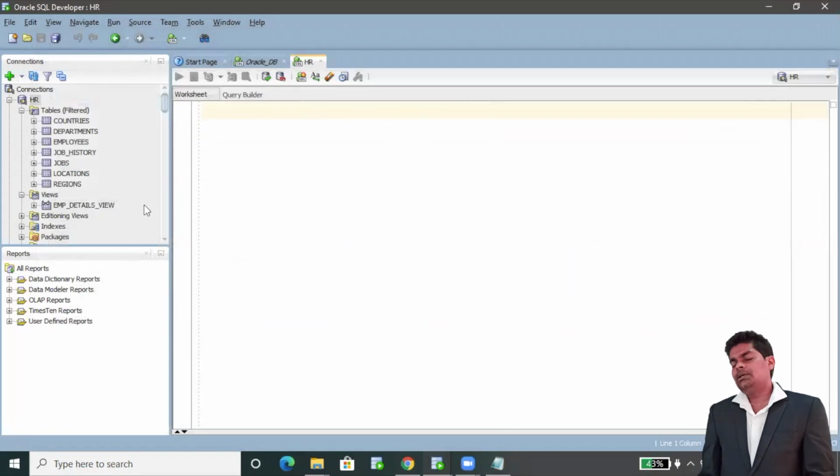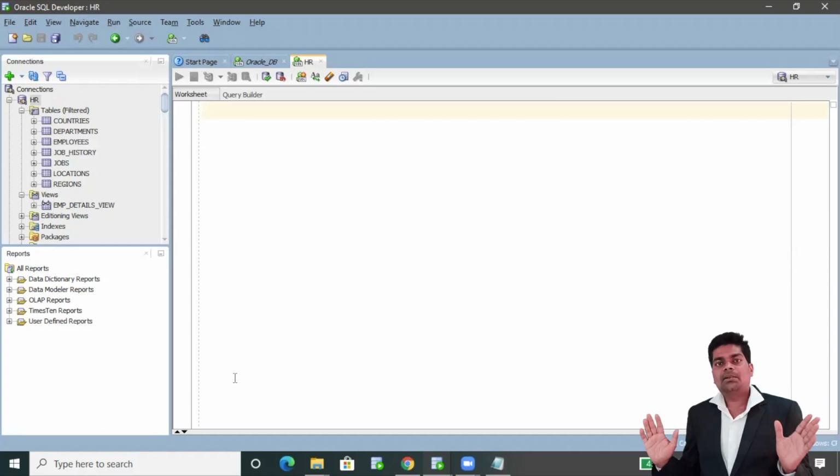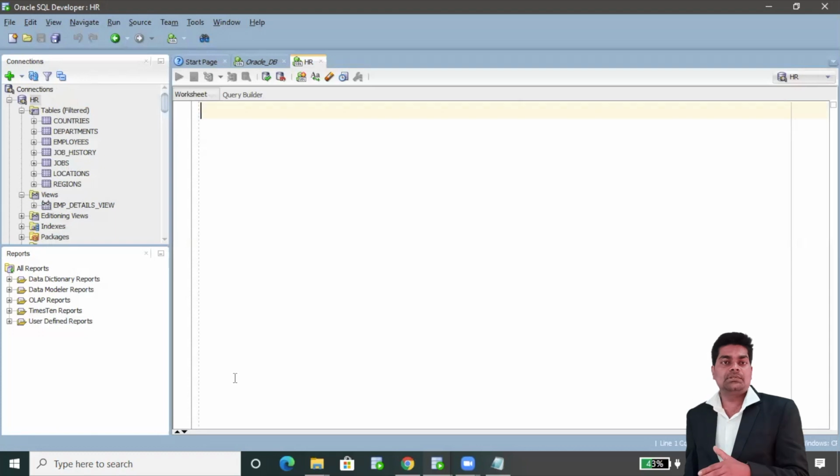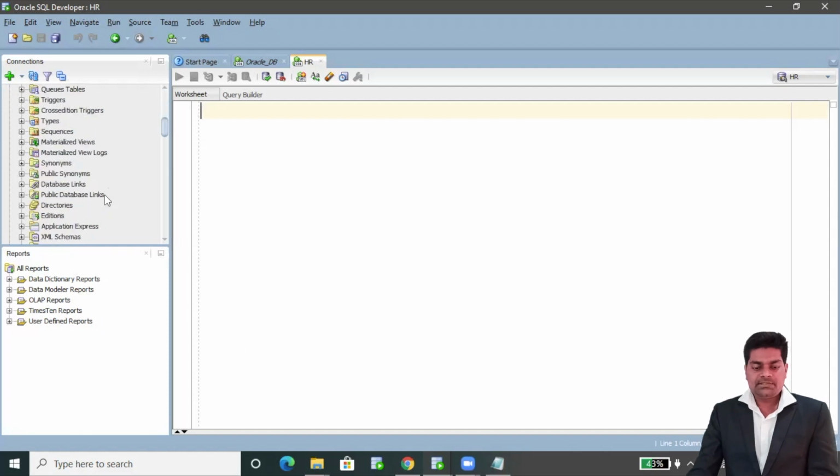So there's a database, and inside the database we have multiple user schemas. It's as simple as an apartment. Inside the apartment there are so many floors, and on each floor there are so many flats. Same thing in the database.